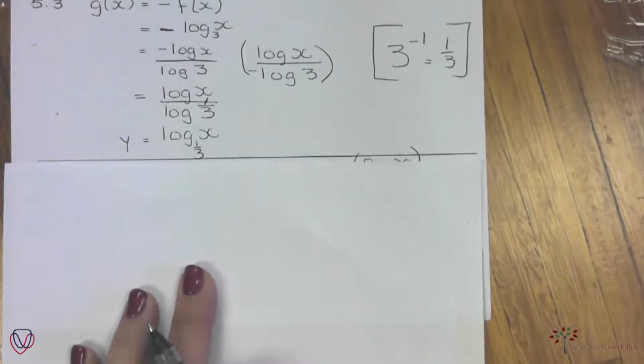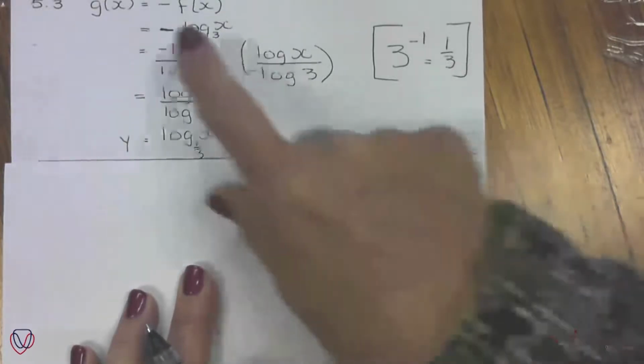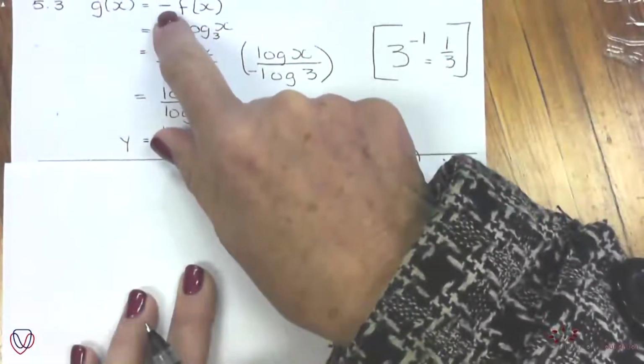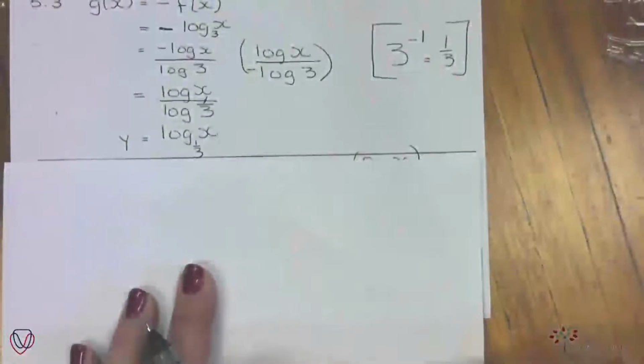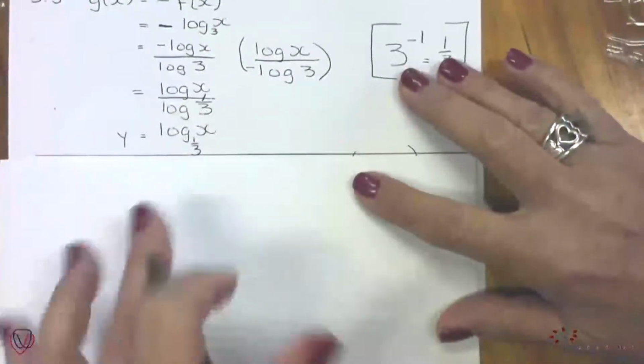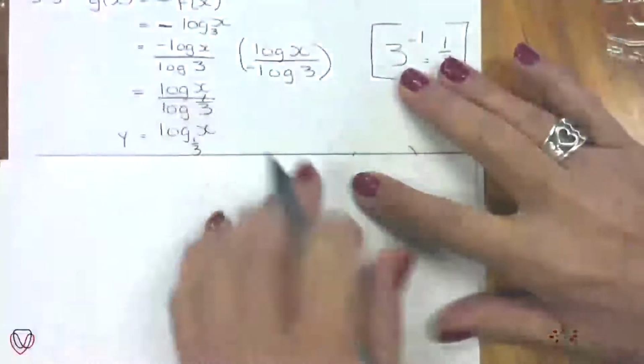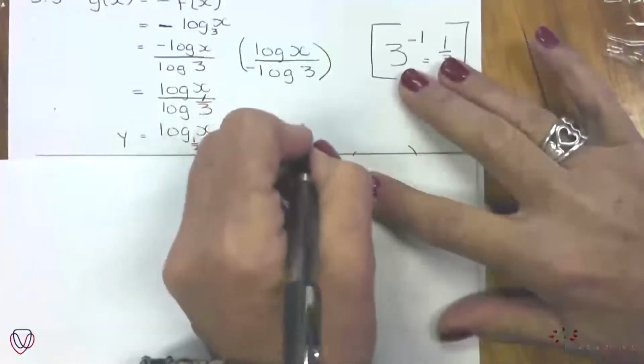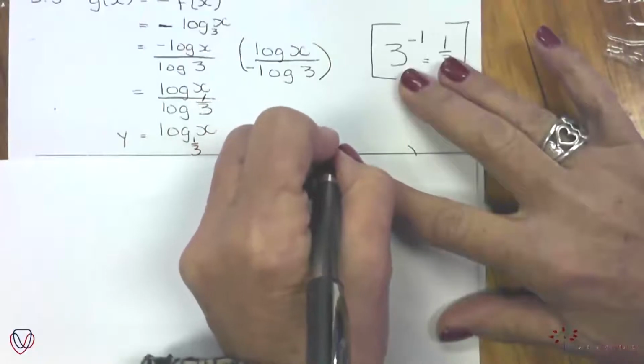No, not the inverse. It's the mirror image. What did they change? They changed the sign there. So it's a mirror image in the x-axis. This is the mirror image. I'm going to write it there. It's not the inverse because there's a log graph and this is also a log graph. But the log graph, the mirror image